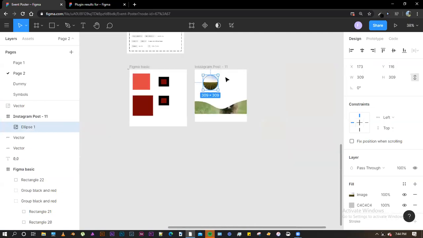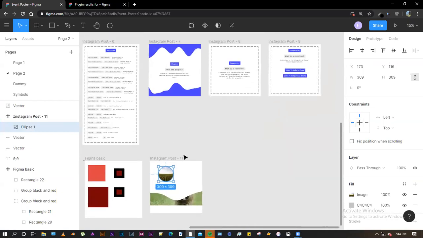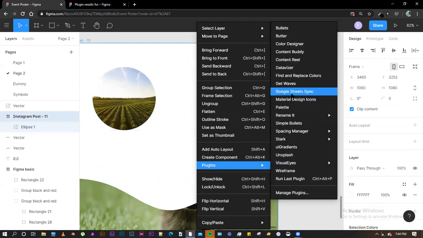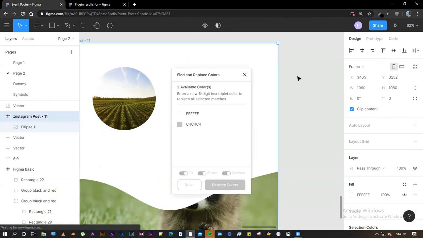All right. So now let me demonstrate one or two more plugins. Okay, just a second. So this plugin, Find and Replace Color. If I have these colors anywhere in my file, and I click on this, wait a second.